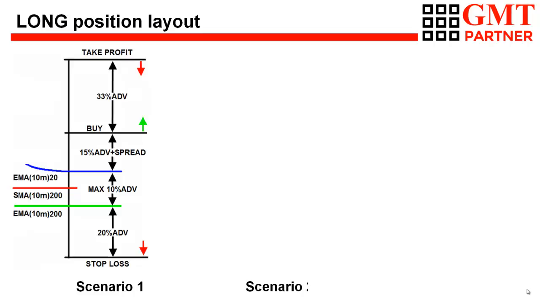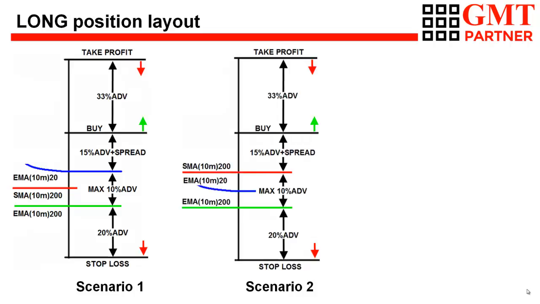Now let's consider situation number 2. In case the short-term moving average with the parameter of 20 time intervals enters into the space between two long-term moving averages with the parameter of 200 time intervals, then the trader should define the distance between the two long-term moving averages,